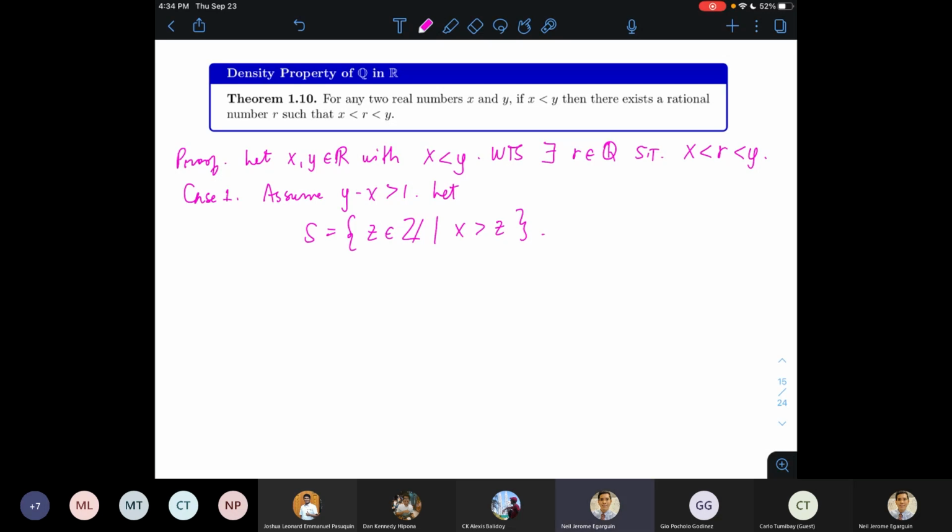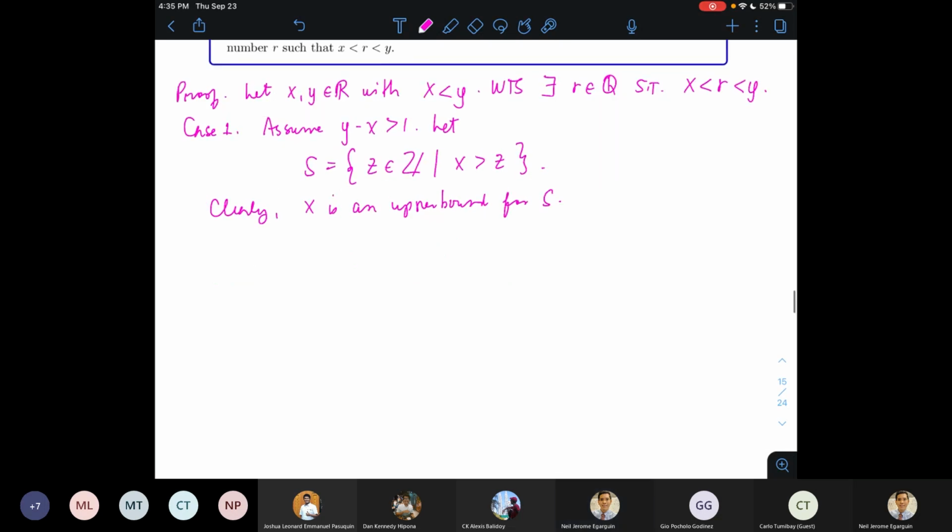Okay? And then what do you think would be, okay, so if I have this set and the very way S was defined, we see that x is an upper bound for S. Tama? Kasi lahat ng elements ni S, mga integers nga sila, pero lahat sila mas maliit kaysa kay x. So by definition, or I can say clearly, x is an upper bound for S. Then by the LUB property or by the completeness axiom,